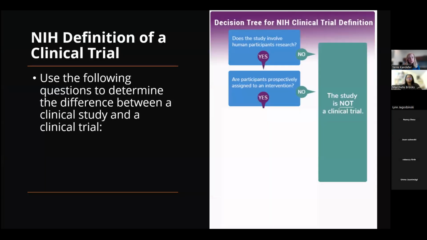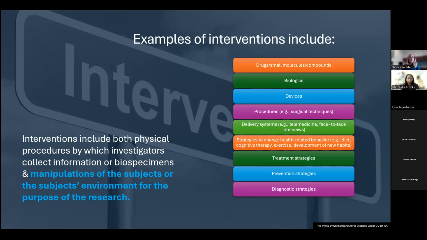So if your research involves human participants, you would go to the next question: are those participants prospectively assigned to an intervention? So we've said an intervention includes both physical procedures by which investigators collect information or biospecimens and